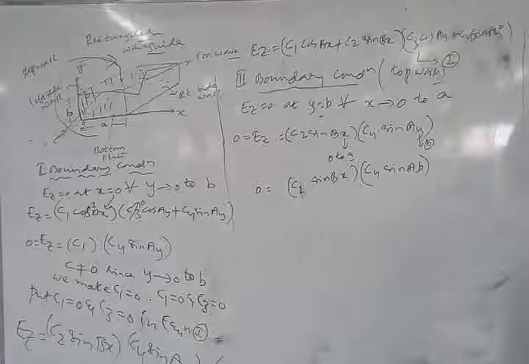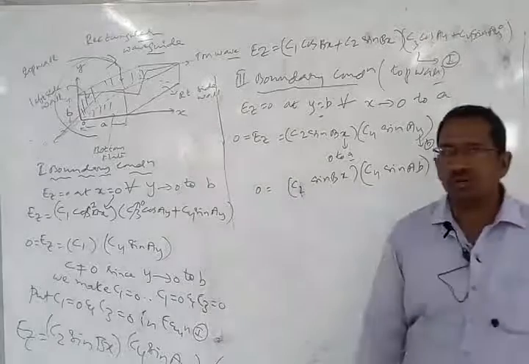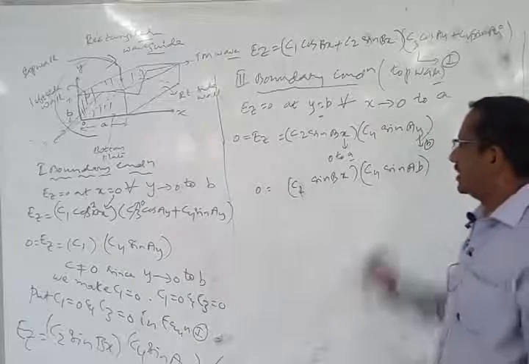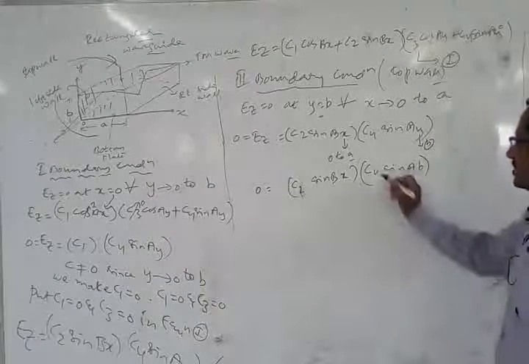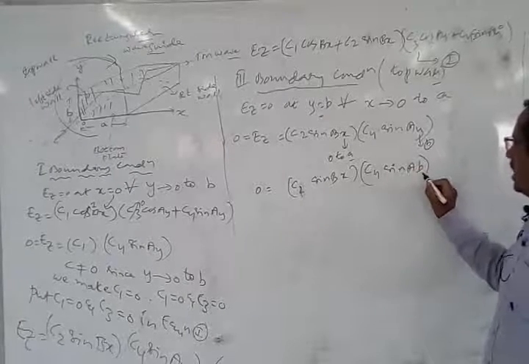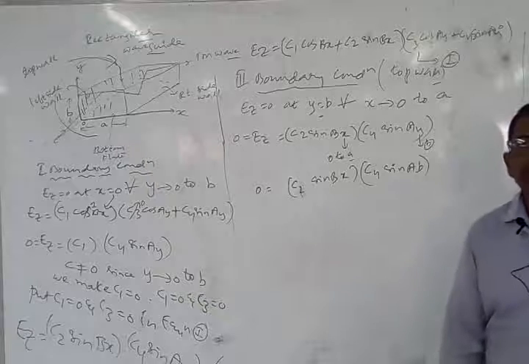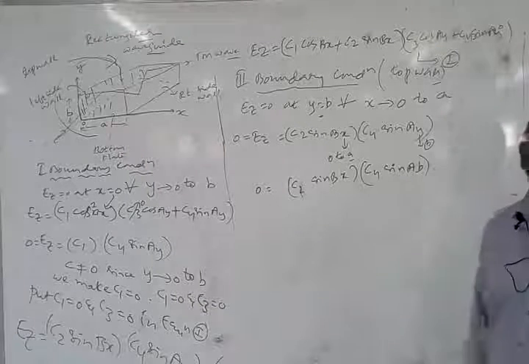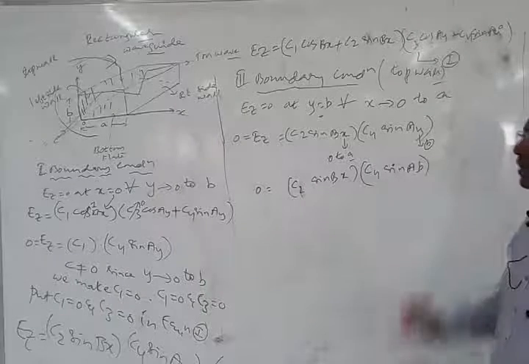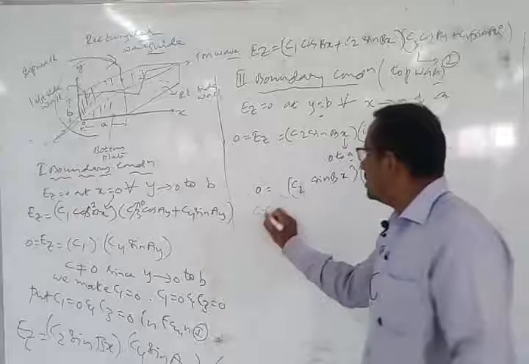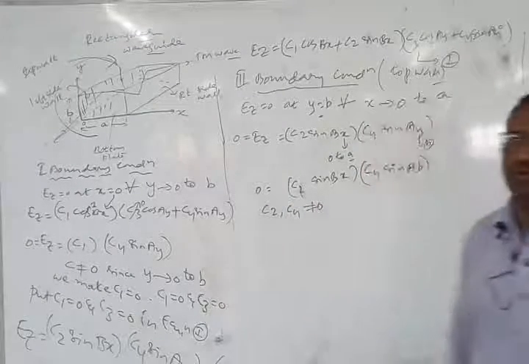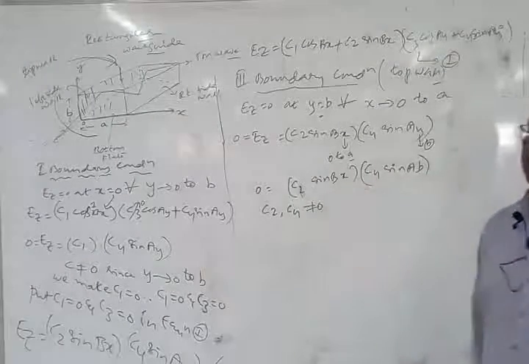Now, which one has to be made equal to 0? Because the left hand side I have 0. Can I make C2 equal to 0? I cannot make C2 equal to 0 because x is varying. Next, can I make C4 equal to 0? C4 is the coefficient of this particular signal. Here b is not 0, b is some value, so there is going to be some value over here. So I really cannot make C4 equal to 0 either. That means C2 and C4 cannot be made equal to 0 so that this equation is going to be true.